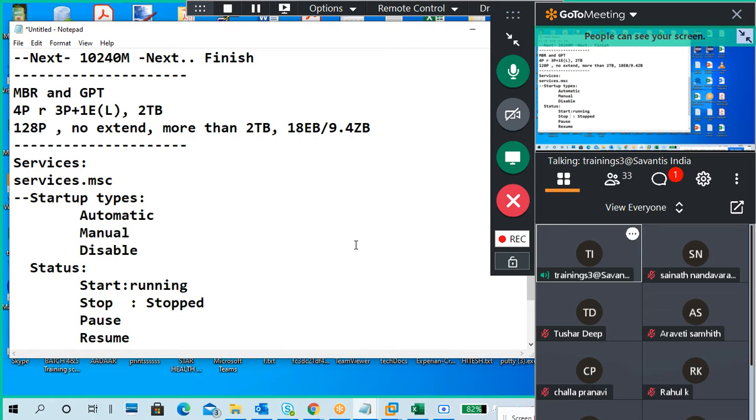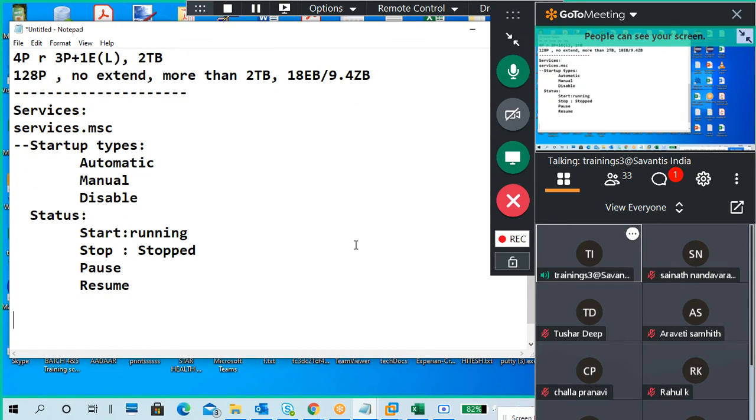Remaining also we need to see once if you record pause and all. All services won't give pause and resume options. Automatic means when you start your PC, services start automatically, or when your user logs in, user-based services start automatically. Manual, either by opening an application or at a particular time, or the user should start the service manually. Disabled, it never starts. That's it.